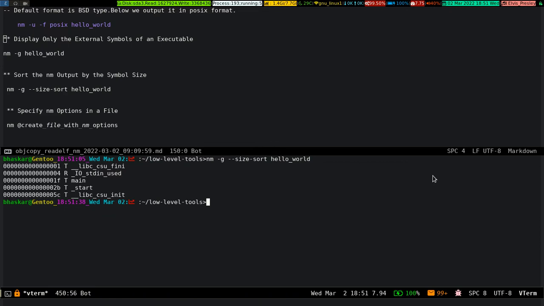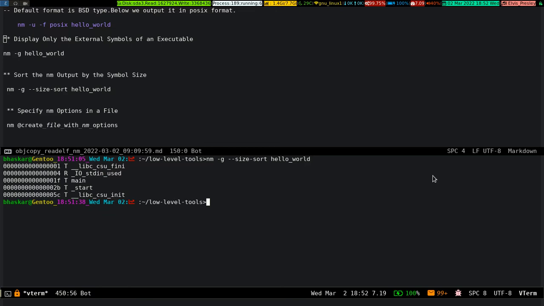So it sorts according to the size of the symbol. Okay, so for that you need to pass the -G flag with --size-sort. Okay, the last one,